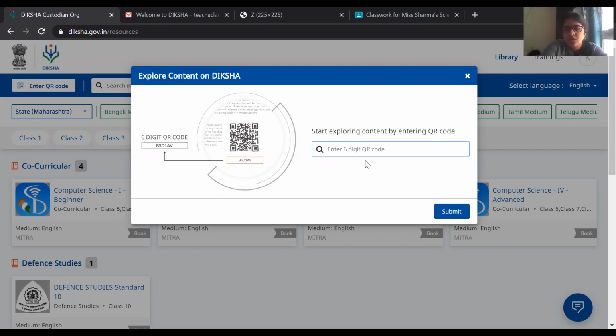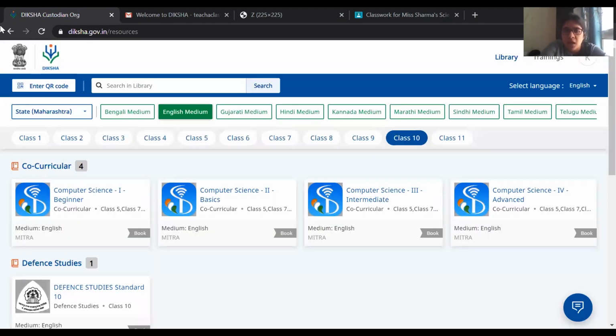Because of this whole situation, I did not have a textbook with me, so I was not able to try it out. Similarly, in your mobile phone, when you click on your QR code button, it opens up the camera and you just have to scan it from your textbook and you will be able to see the relevant resources. Since I was not able to check this out for myself, if you face any challenges regarding that, you can write to us at info@teacherclass.org. Raisa will put that email ID in the chat window and you can reach out to us if you face any challenges.